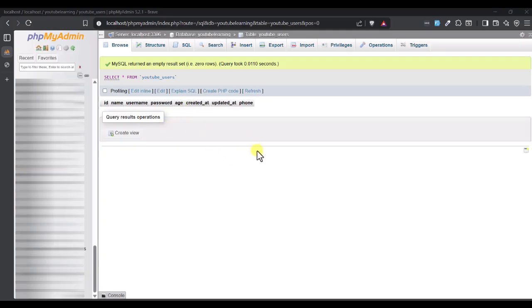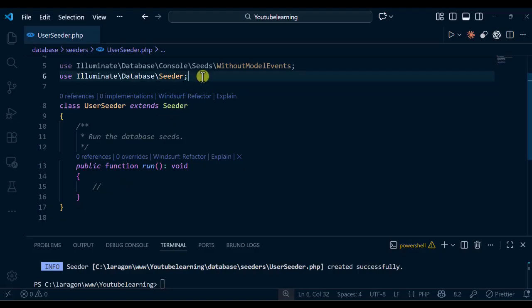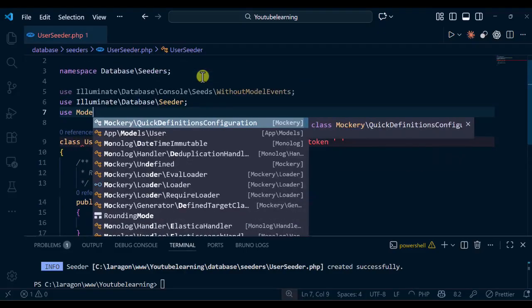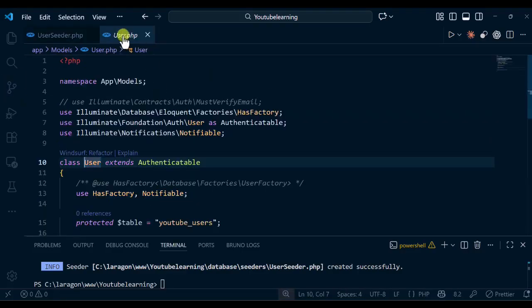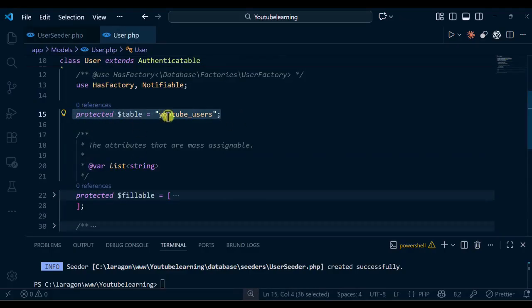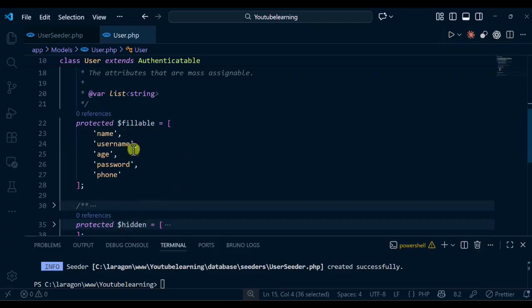Okay, so how do we do this? The first thing we have to do is go back to our code editor, then come inside the run method. But before we write anything in the run method, it is important that we import our User model, right? So we can go back to use App\Models\User, which is the user model that we have. I can show you the user model. This is what the user model looks like currently. We're using the table, which is the YouTube users table. Then these are the fillables. These are the fields that we want to feed